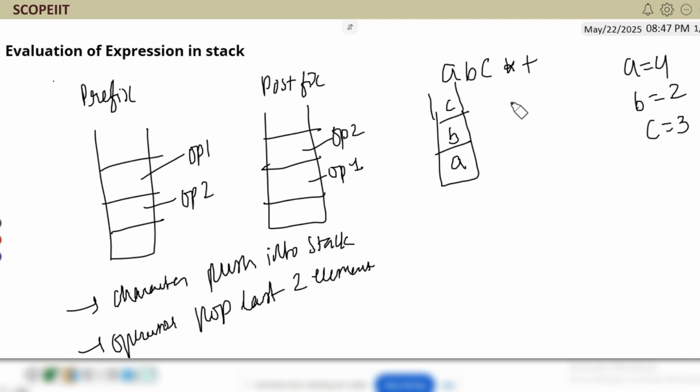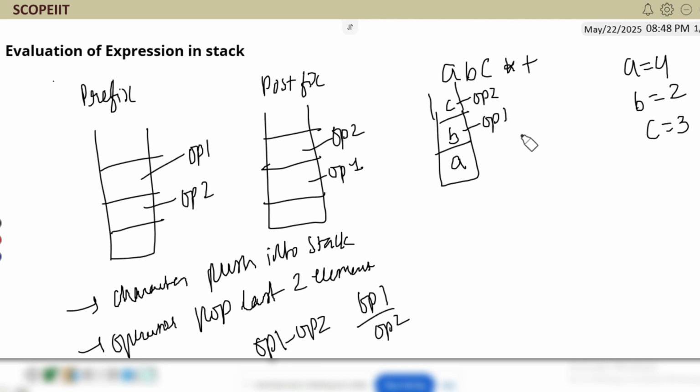Before that, which expression is this? This is a postfix expression. How to identify? Because your last character is an operator and the first is an operand. So in postfix, the last one is your operand 2 and this is your operand 1. You might be thinking, what is the difference? It will differ, because whenever we do division, it is always operand 1 divided by operand 2, and for subtraction, operand 1 minus operand 2. That is the rule.